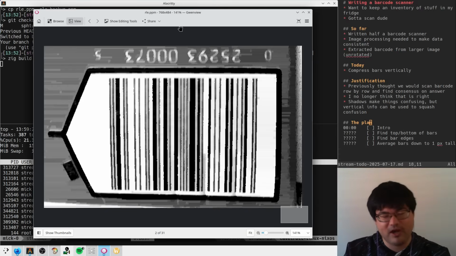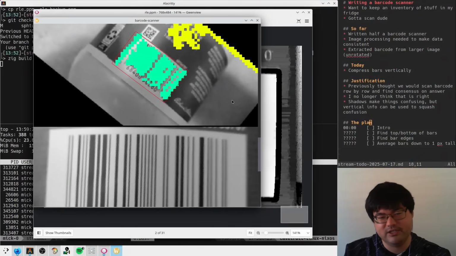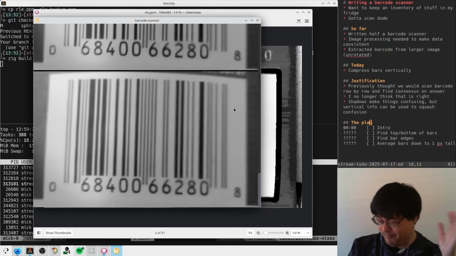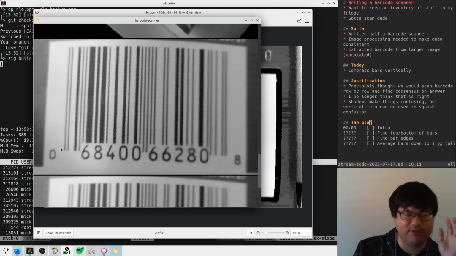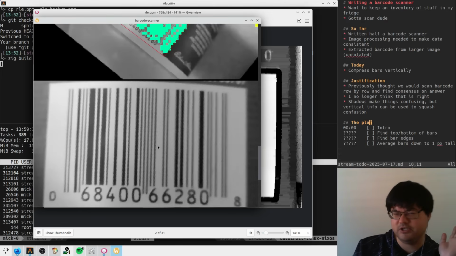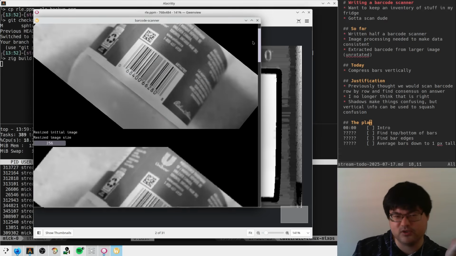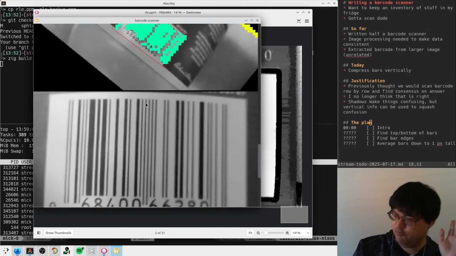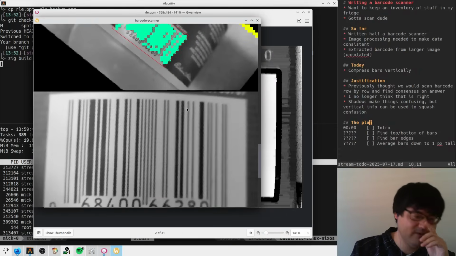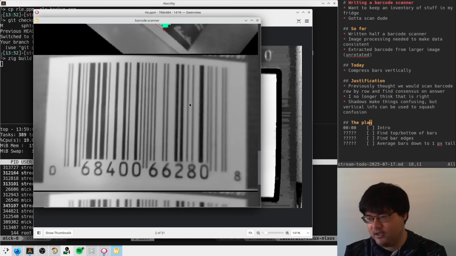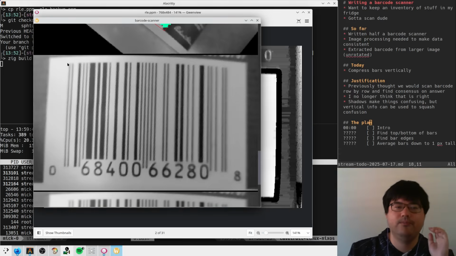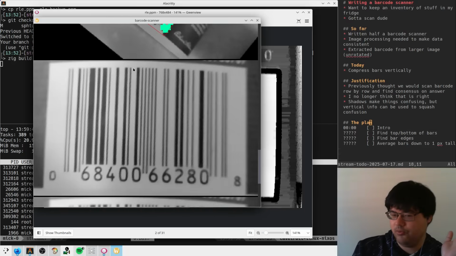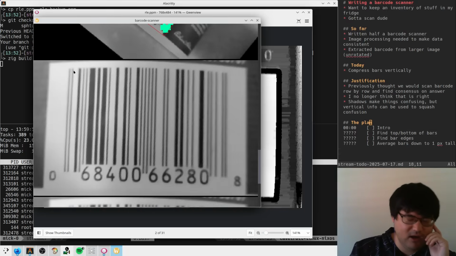We've been on this mission where we did barcode extraction and alignment here. We're hoping that the vertical alignment of this is good enough. We might have to improve it a little bit. I think there's probably a few pixels above and below here. It's also hard to tell because this particular barcode is on a curved surface, so I don't really know if this is right. I'm not really sure. But what I want to do today is figure out how to do whatever we want to do. So I'm thinking